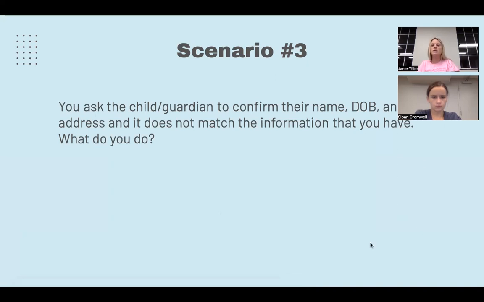All right, scenario 3. You ask the child/guardian to confirm their name, date of birth, and address, and it does not match the information that you have. What do you do? Oof. Don't think too deep about it. Well, before doing anything, I would just go through it again for the second time and just have them repeat it. And again, if it's not correct, just politely say that,